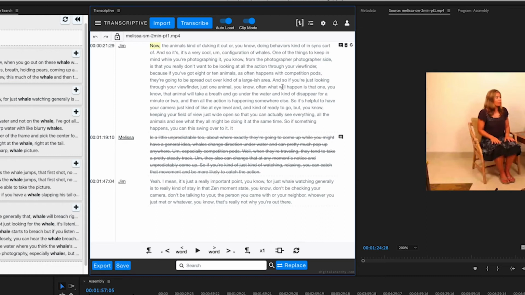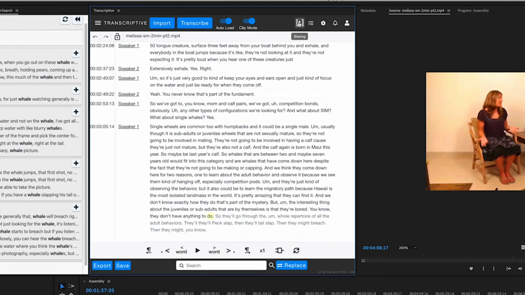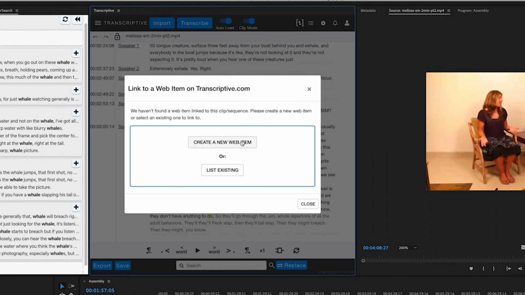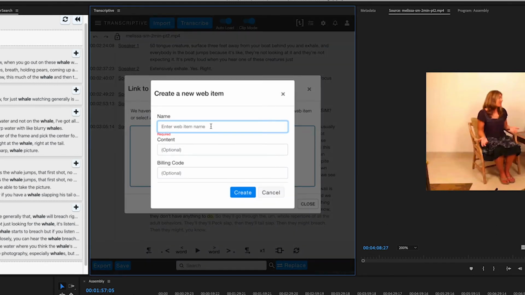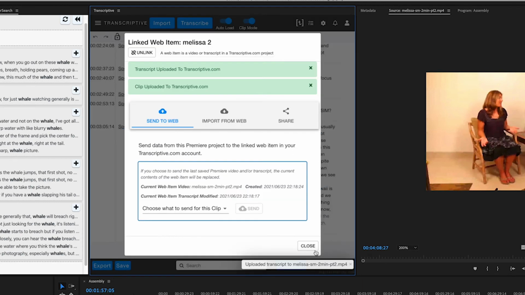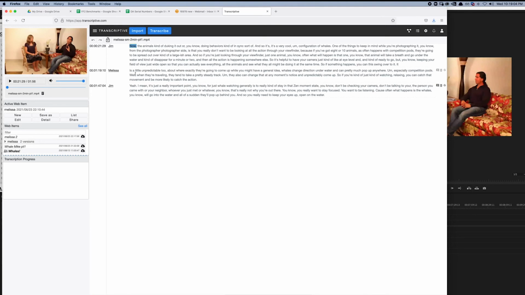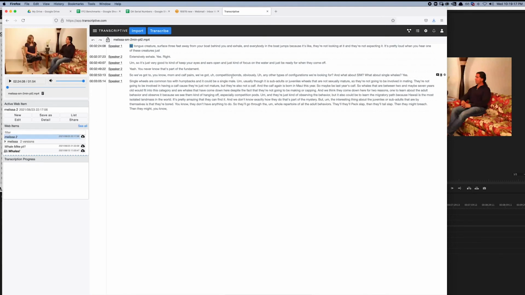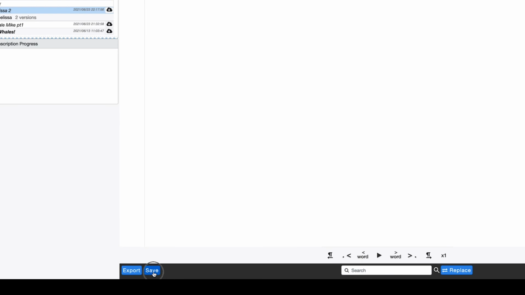So again, there's 2 components to this. There is uploading it to your own account, which is the first step. When you create new web item, you are creating this in your own account, in your own transcriptive.com account. And when you upload everything, and then it appears in your web app account, of course we can load that up. And anytime you make changes to this, strike through a bunch of things and save it,